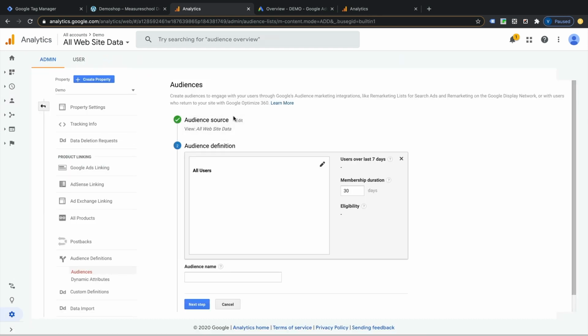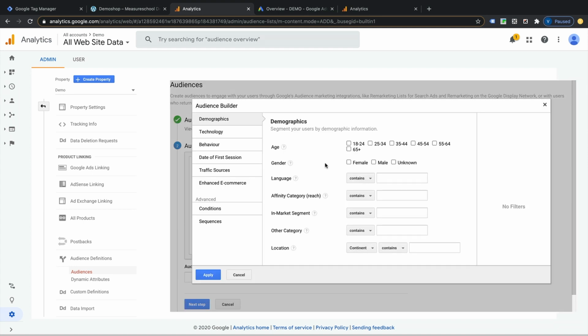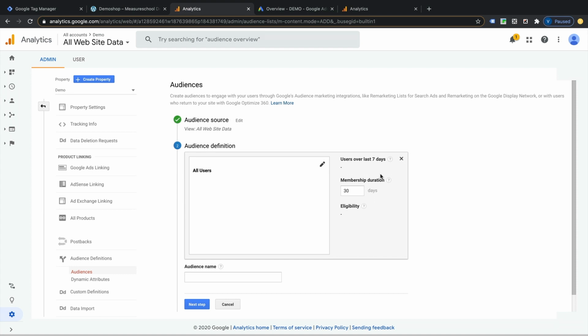So from here, we can see we already have our view that's automatic because this is the view we were in. And then we have our audience definition. As we selected all users, this is what we have here. We can now select our membership duration. This is basically how long you want a user to stay in that audience.